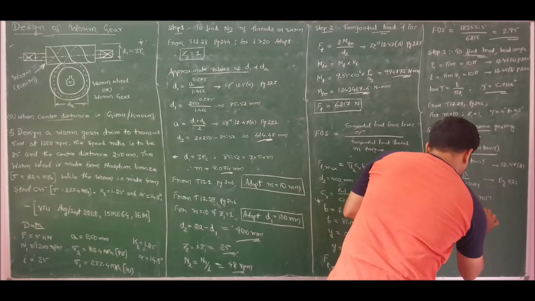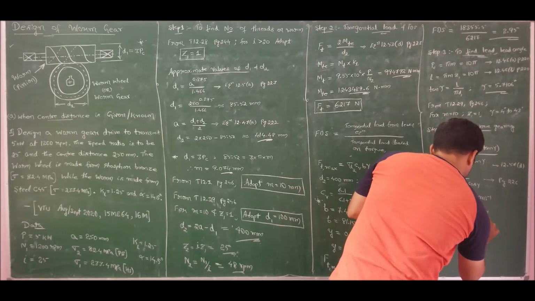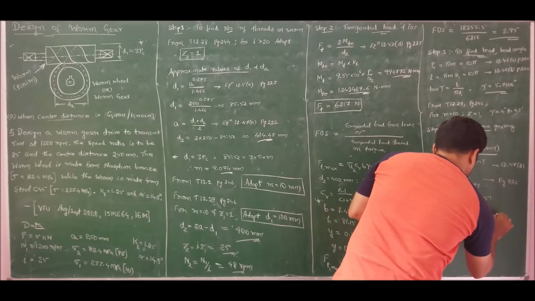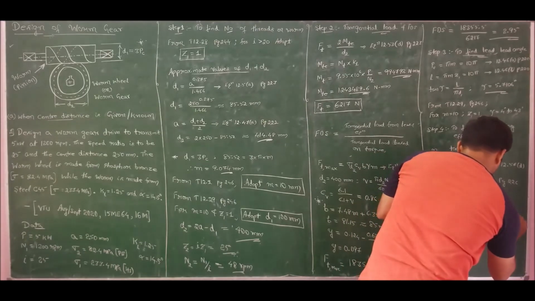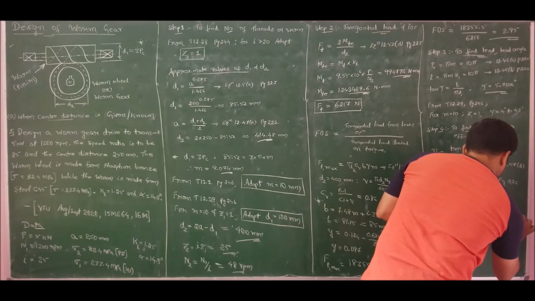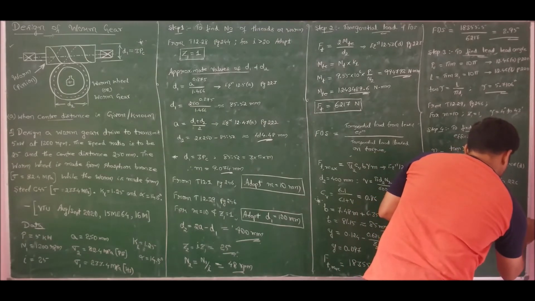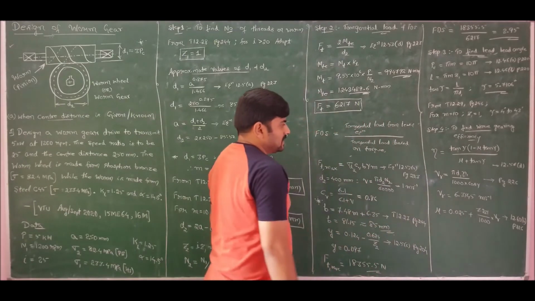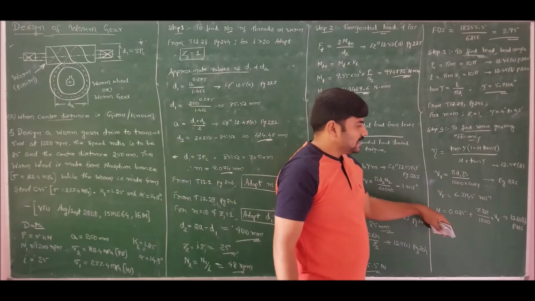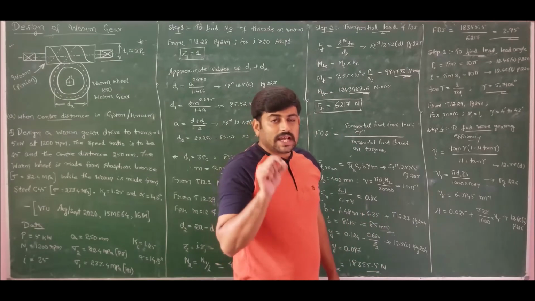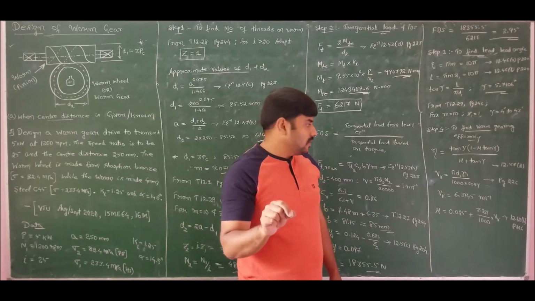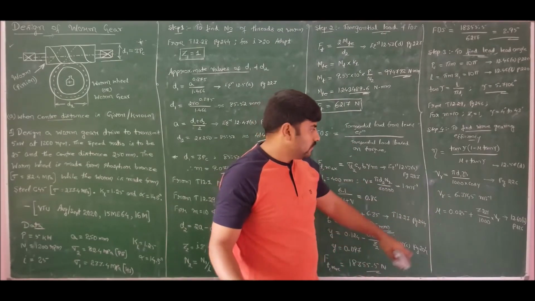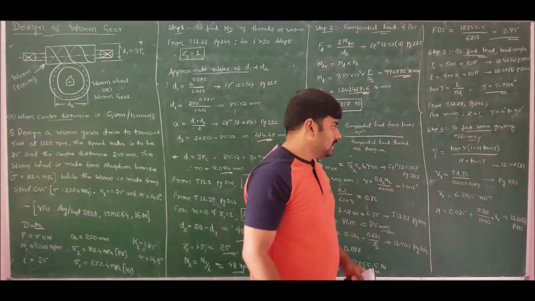plus 3.281 by 1000 into rubbing velocity Vr from equation 12.60b, from equation 12.60b of page 226. Yes, the book specified the range for selecting the equation for mu as V. Kindly correct it, it is Vr. For Vr greater than 2.5, we should go for this equation. Kindly correct it in data and book.